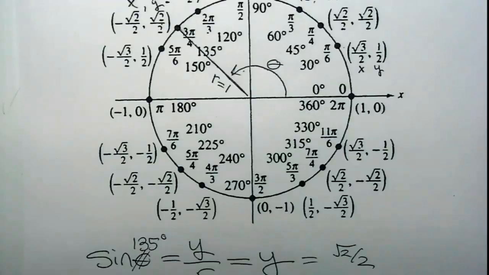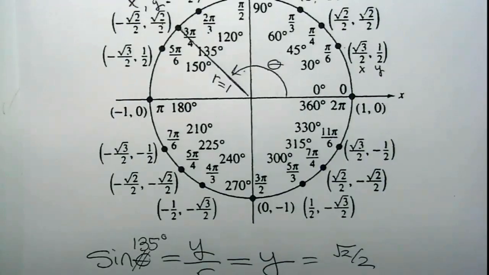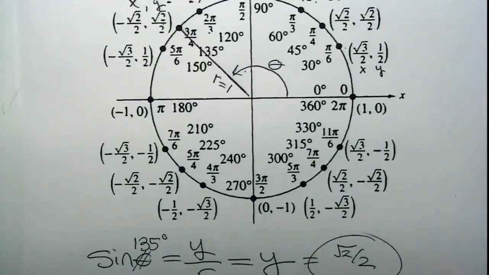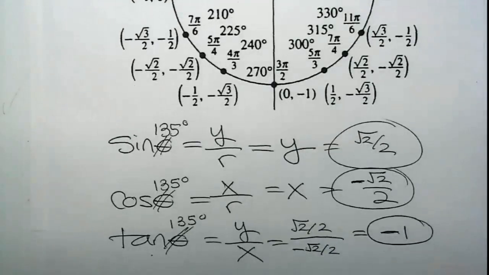And then what's the tangent of 135 degrees? Do your y over x. So that would be square root of 2 over 2 divided by minus square root of 2 over 2, which is negative 1. See, unit circle is very valuable in terms of obtaining the values of sine, cosine, and tangent